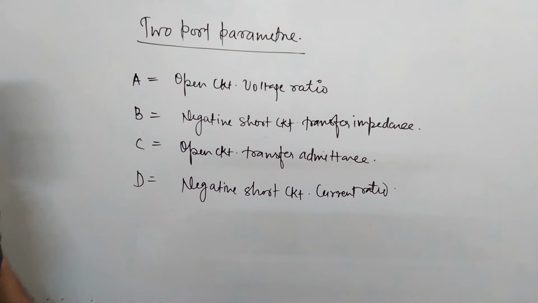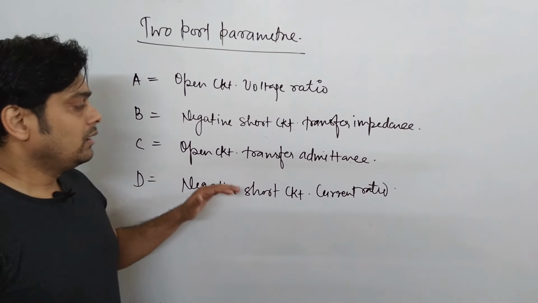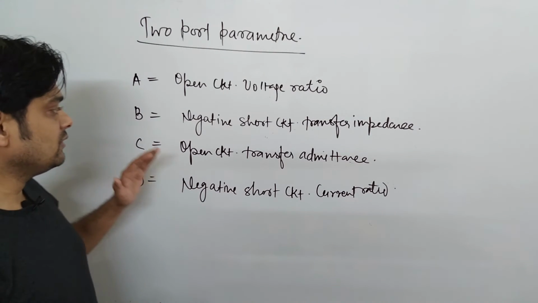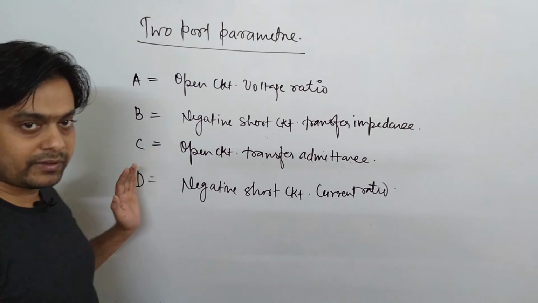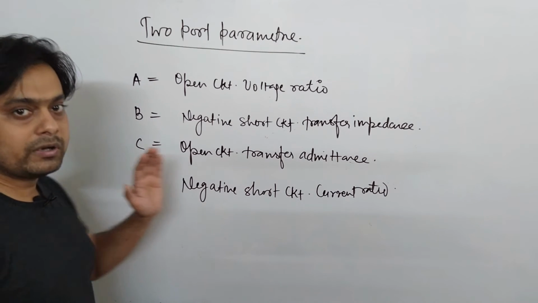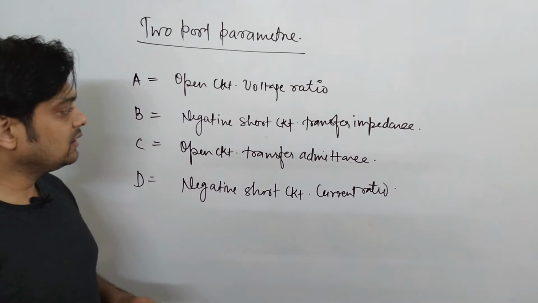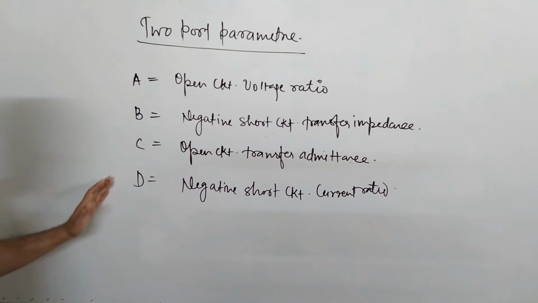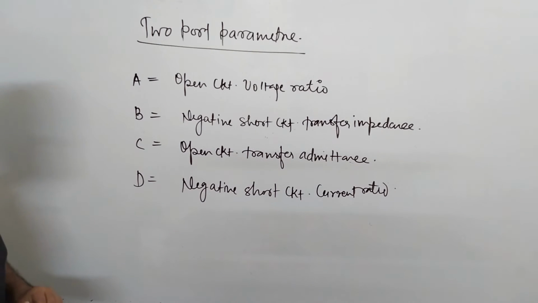So here we have used the words voltage ratio and current ratio. Why? Because transmission parameters are basically used in telephone lines and optical fibers to identify the different parameters. V1, I1 is one ratio and V2, I2 is another ratio, and in the form of transfer of current and voltage from port 1 to port 2 in optical fiber or in telephone lines, these parameters are used. But here in network, we'll just understand the value and we'll see what different types of numericals come under these ABCD parameters. The only important thing is that you must remember the ABCD parameters equation. Okay,